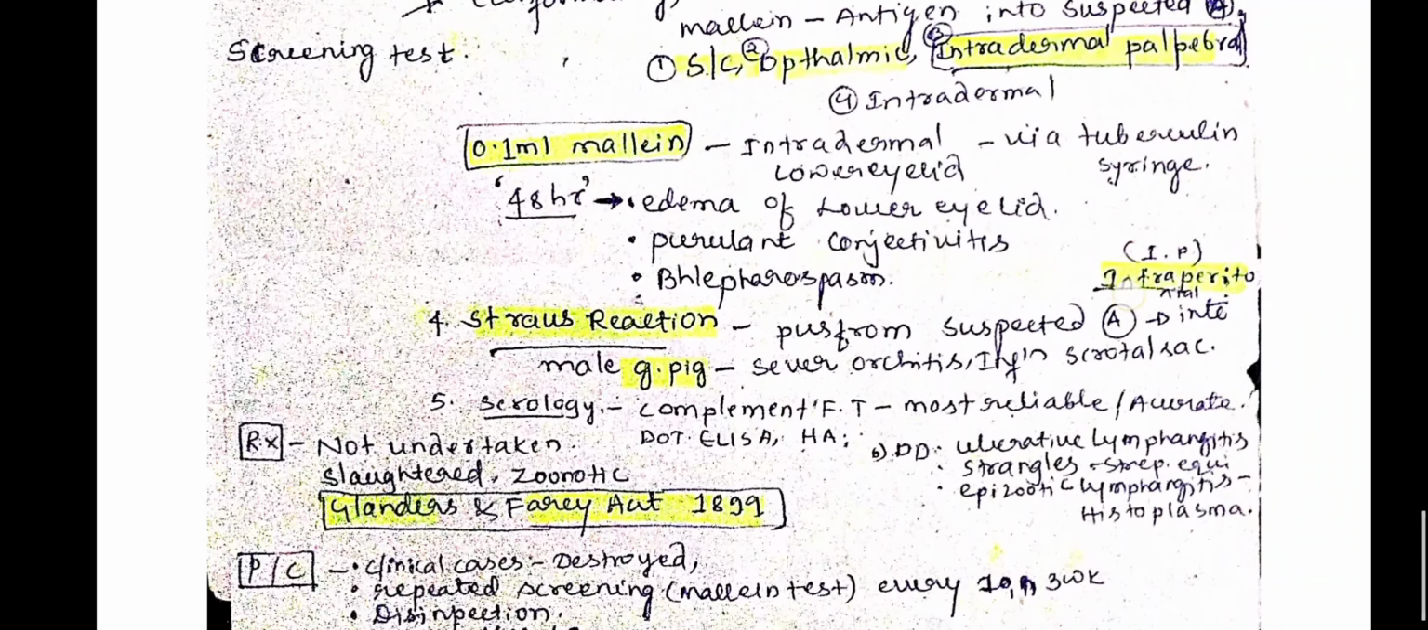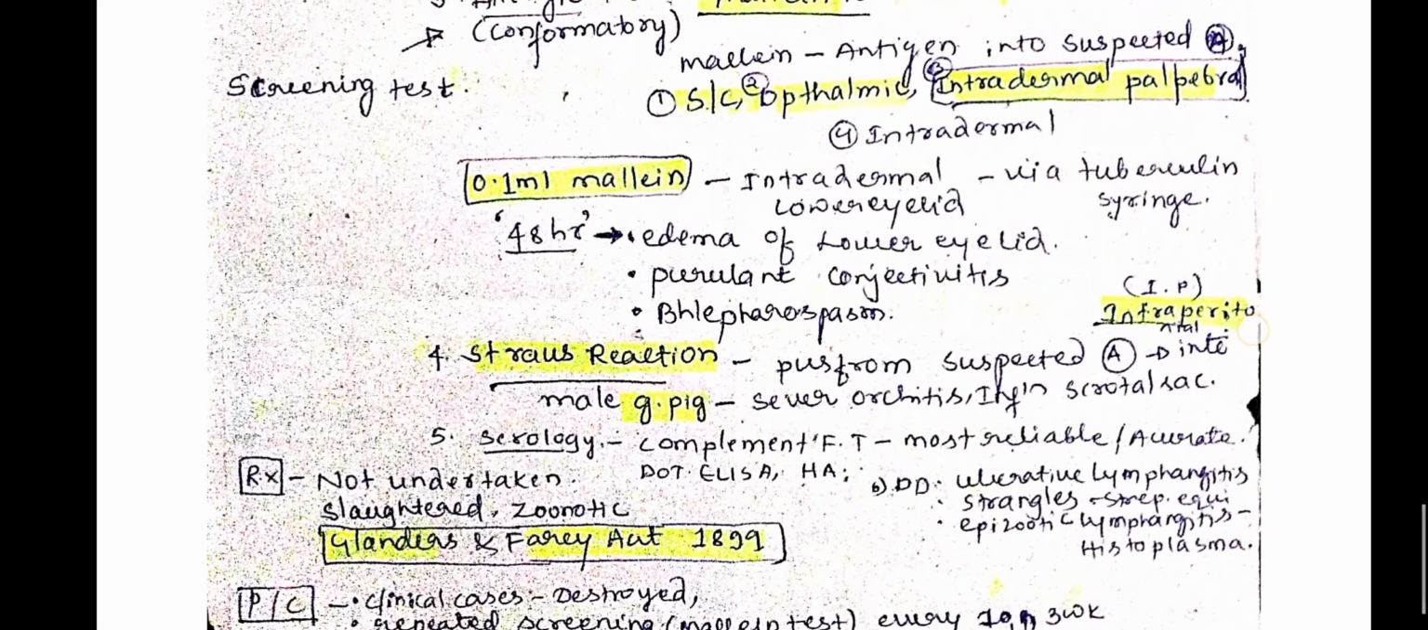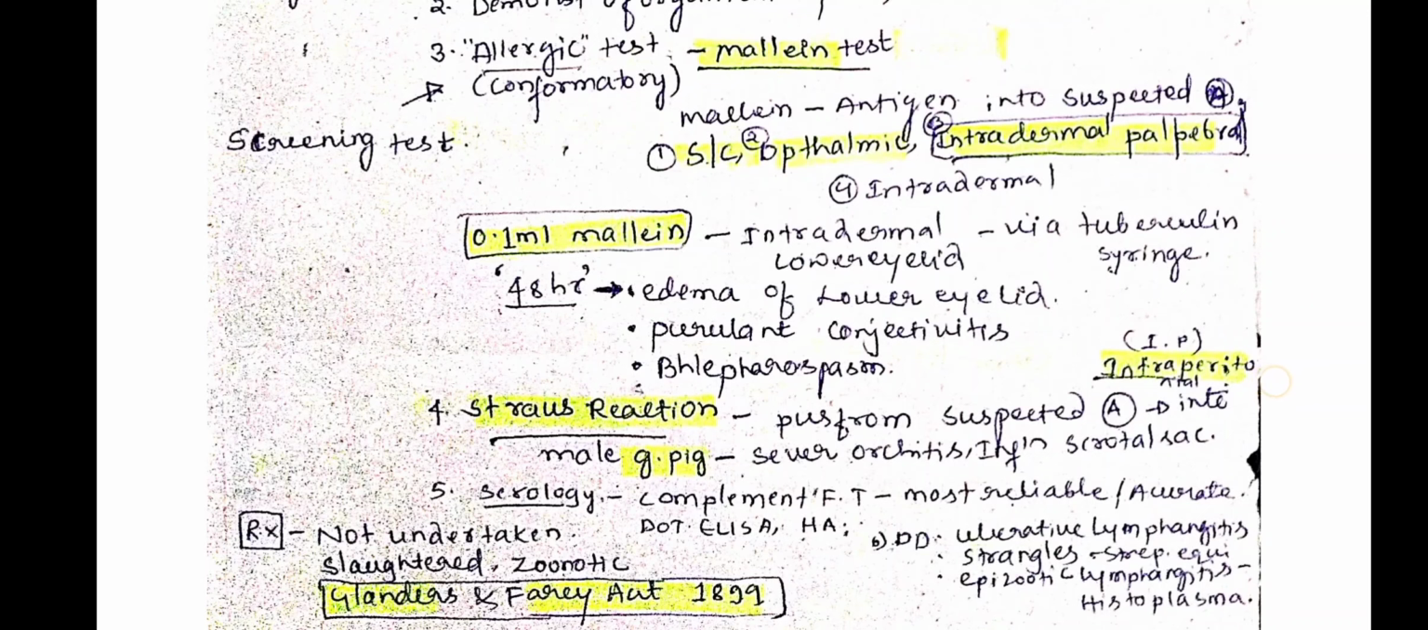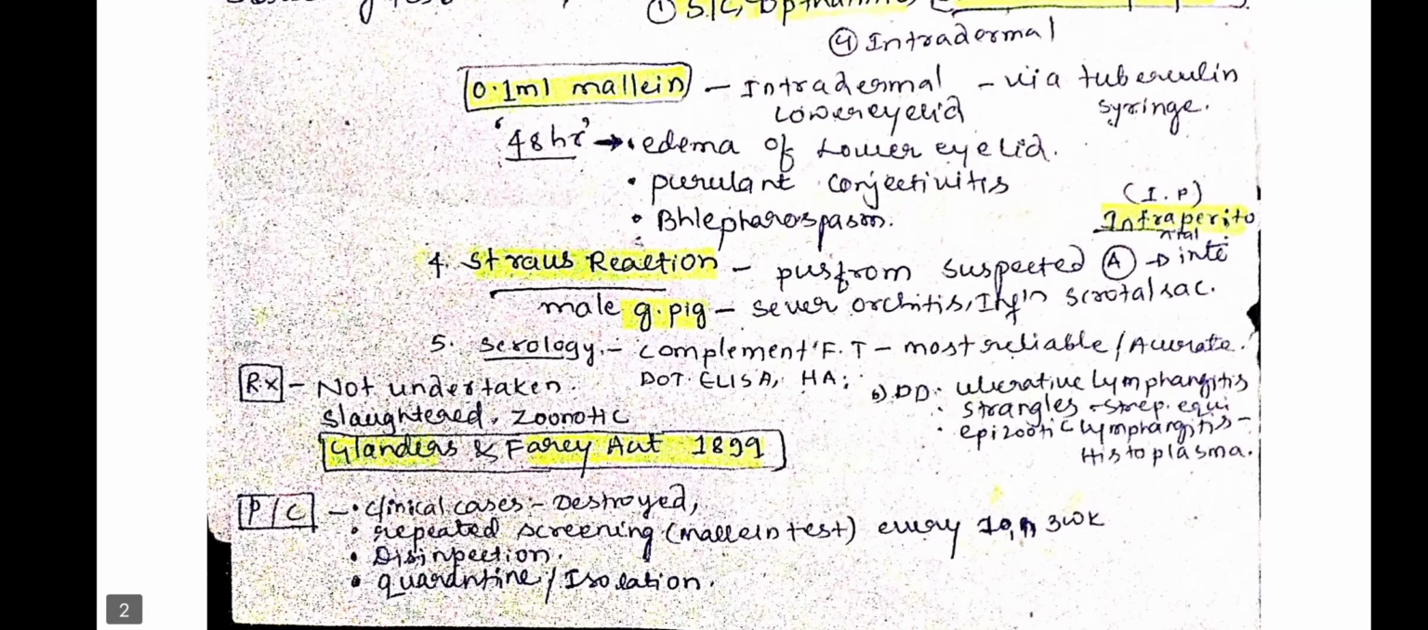This is about the Malin test. If the animal shows these types of signs after 48 hours of injection, then the animal will be considered positive for Glanders. The other test is the Strauss reaction, where one requires the pus from the suspected animal. In a Strauss reaction, one collects pus from suspected animals, and that pus will be injected into a